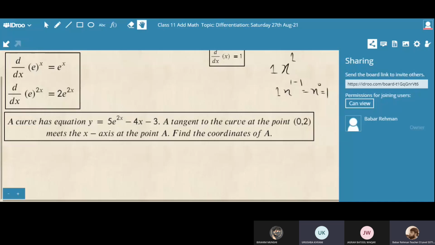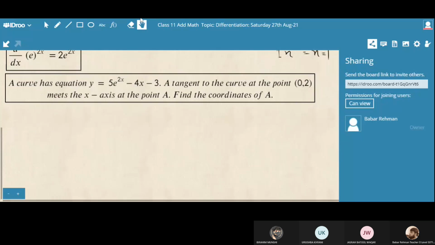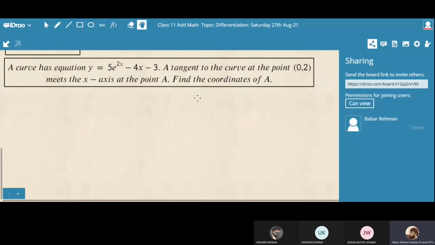Okay, Jarsa, according to you we will take the derivative of this. So what does it mean? A tangent to the curve at the point 0 comma 2. This is just a recalling of the concept. The only difference is we will take the derivative of this function, but the other things are the same. When the word tangent comes, what do we think about it? Sir, a line.